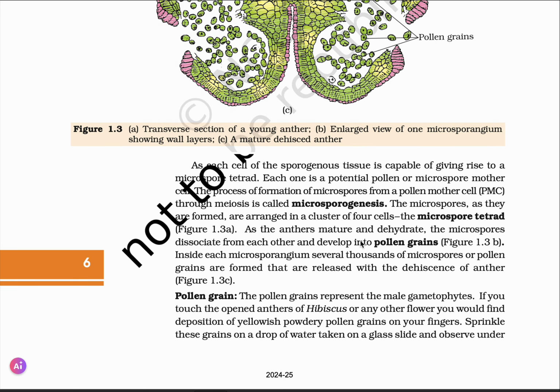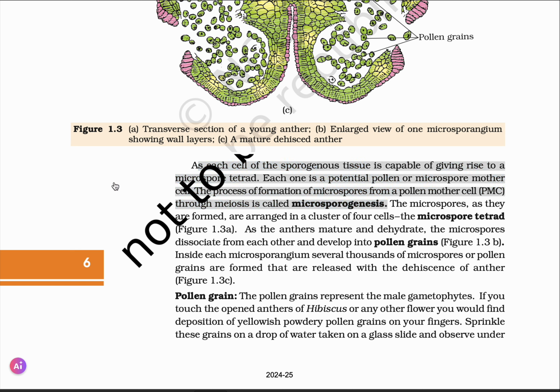As each cell of the sporogenous tissue is capable of giving rise to a microspore tetrad, each one is a potential pollen or microspore mother cell. The process of formation of pollen grain from pollen mother cell through meiosis is called microsporogenesis. So from here you could get